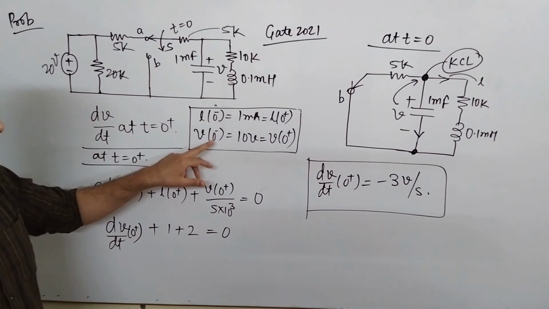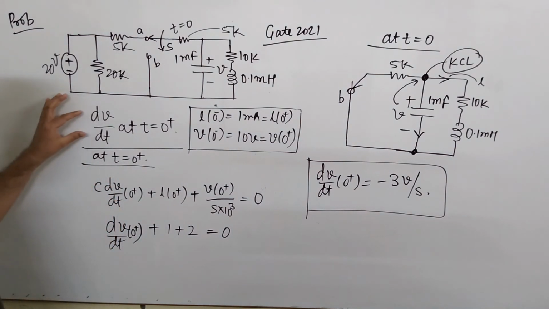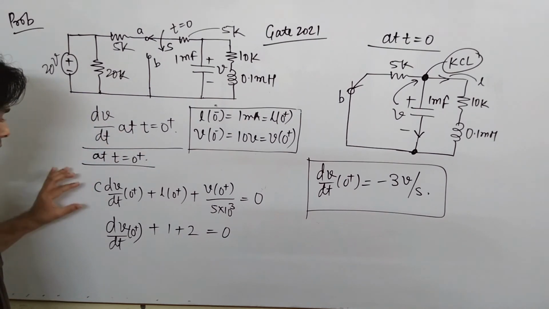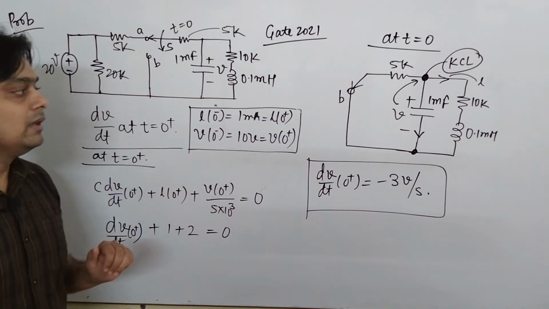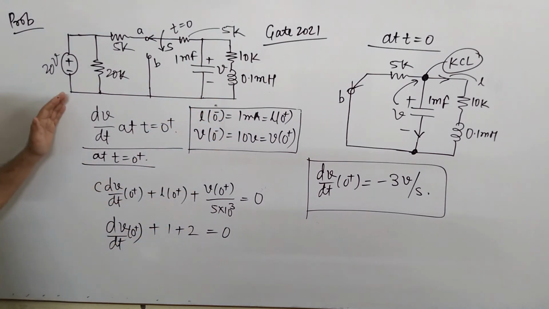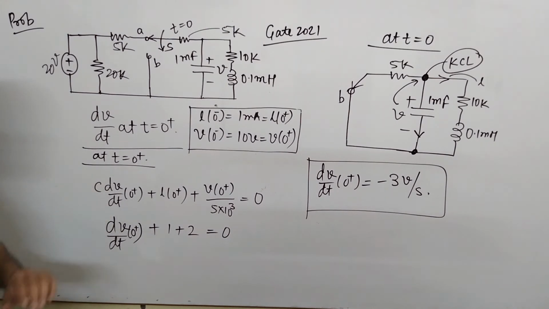You know the voltage and current conditions at 0 positive with the help of initial conditions, but finding the differential of voltage and current at t equal to 0 positive is not directly possible. First of all, you have to identify the equation at t equal to 0, and then you have to substitute these values at t equal to 0 positive, and with the help of these initial values one can easily get the answers, okay. So just keep in mind, this is the way to solve such problems. Very easy problem, and it was, I think, a 2 marks question. Now we move on to the next problem.